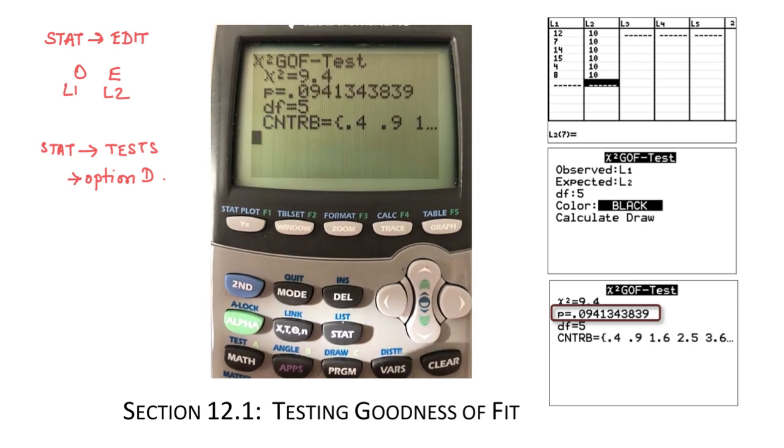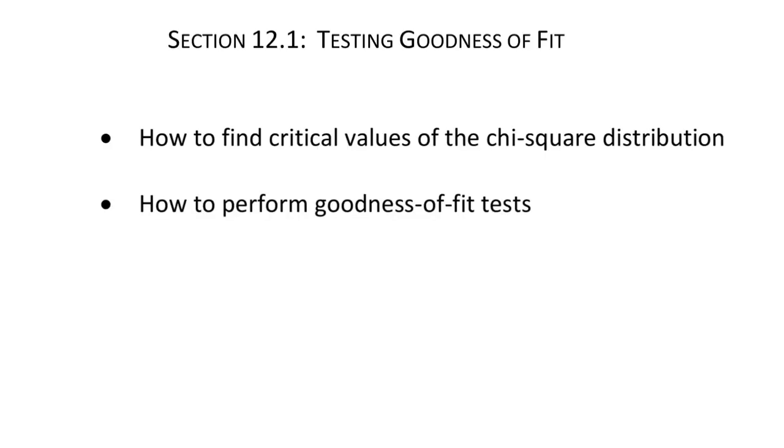Then you can find the p-value from there, and if p is greater than alpha, we do not reject the null hypothesis. So in this section, you learned how to find the critical values of the chi-square distribution and how to perform the goodness of fit test.